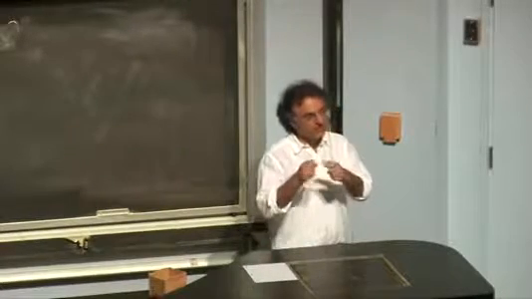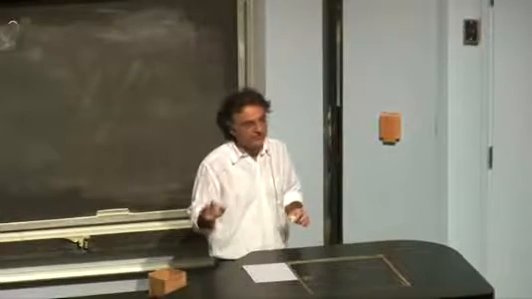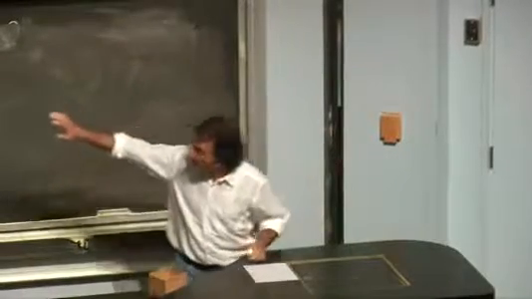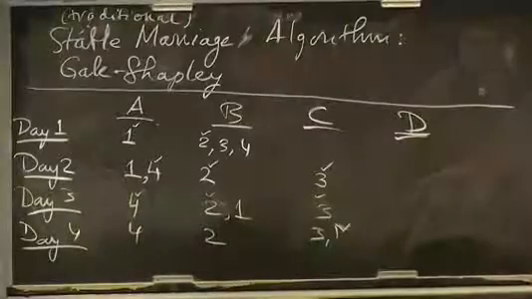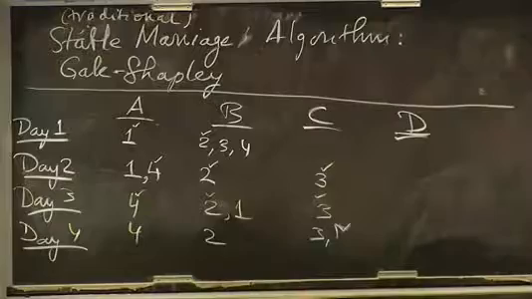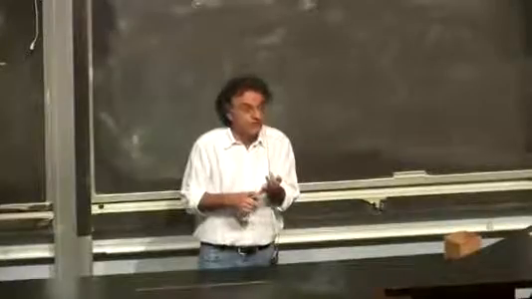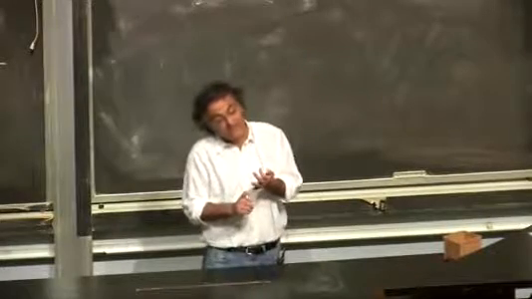Each of those takes on slightly different variant. There are different constraints that come up. The algorithm we'll talk about is very basic, and then in order to make it apply to each of these settings, you really have to do a lot more work beyond that. So, for example, even in the residency match, to really make it work, you have to take care of a few other things. One is that